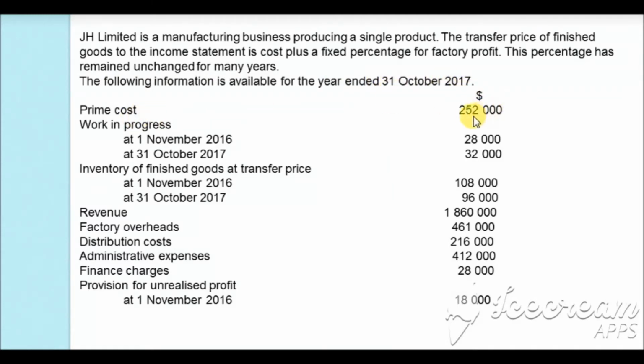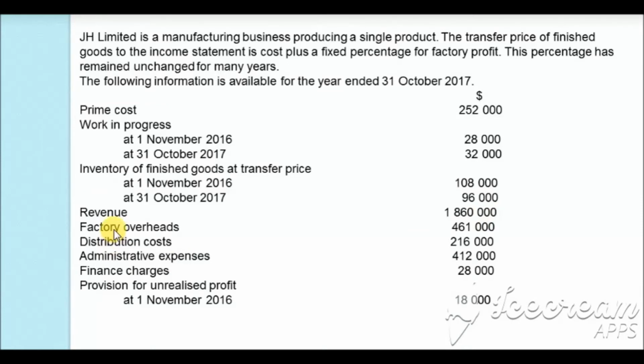Prime cost is $252,000. Work in progress at 1st November 2016 is $28,000. At 31st October 2017 it is $32,000. Inventory of finished goods at transfer price at 1st November 2016 is $108,000. At 31st October 2017 it is $96,000. Revenue is